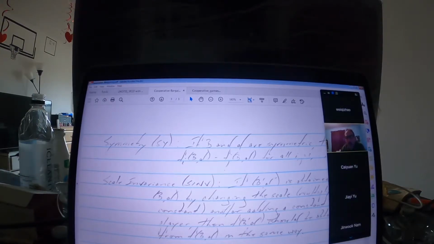Okay. Scale invariance is a little bit more tricky, but this says the following. Let's suppose we have a problem, say BD, and we choose to solve this in this fashion. Now, if we were to simply change the scale in which we measure, say, player one's payoff, so all of a sudden, we're going to change the unit in which we measure player one's payoff from dollars to 50-cent pieces. Then scale invariance means that, well, if before at this solution, player one was going to get